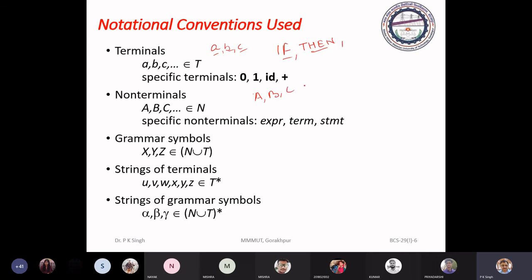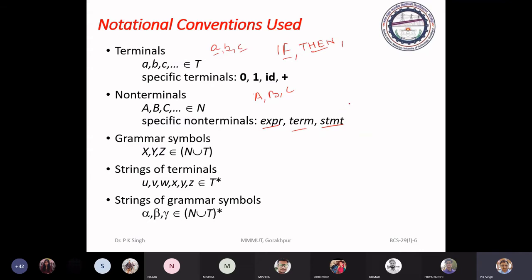But if we write the non-terminal in the form of strings, to improve the readability, then we write the non-terminals as a string of lowercase letters, like expression, term, statement.